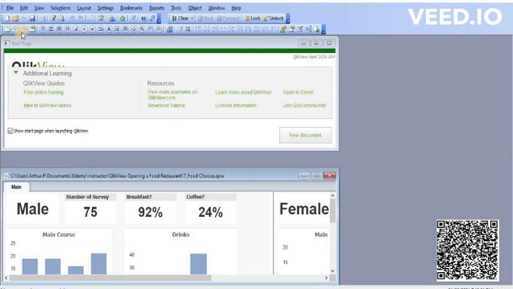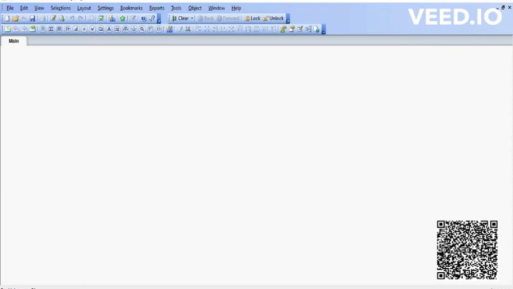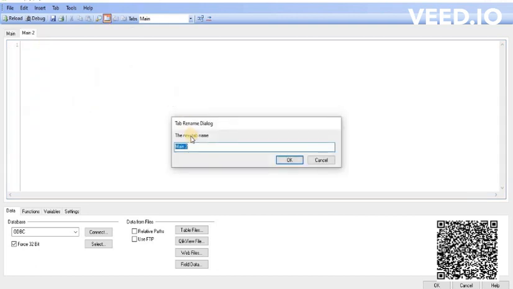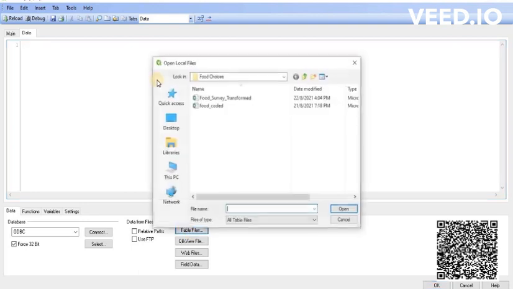Okay, now let's create a new QVW file here and let's close this window here and we're gonna hit on edit script here. Okay, now once the load editor has opened, let's add in a new tab here. Okay, and let's rename it as data. Okay, hit on OK, and what we're gonna do next is we're gonna hit on the table files button here